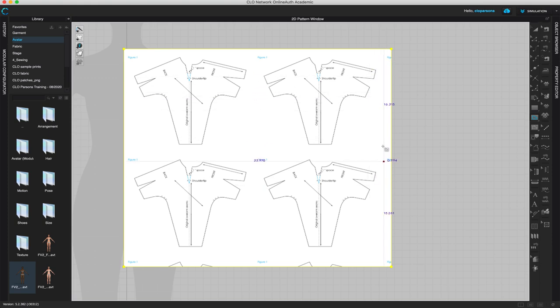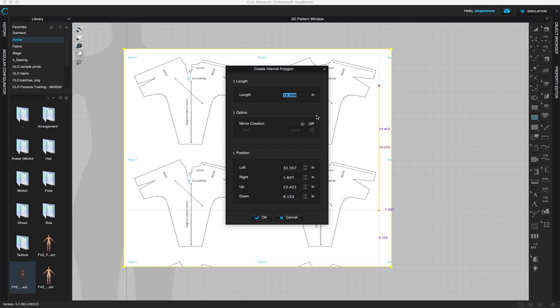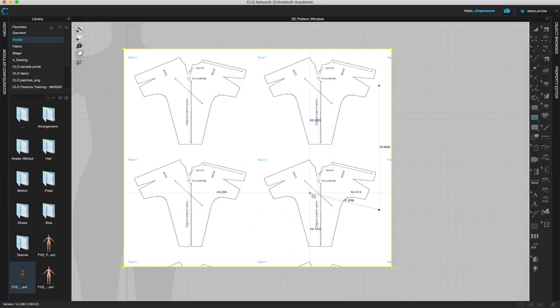I would put it vertical to, let's say, one side, and we're going to orient the pattern. So I'm going to make a line that is the measurement. For me right now, I am going to go for center front. So I'm going to make this an 18-inch line. You can right click and add the length that you want, and then click OK, or you can just left click. So when you're done, click return, and that will give you